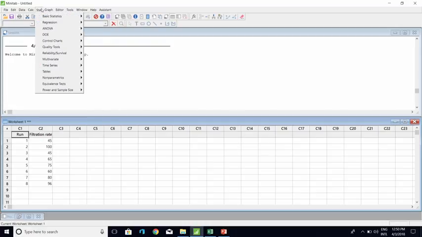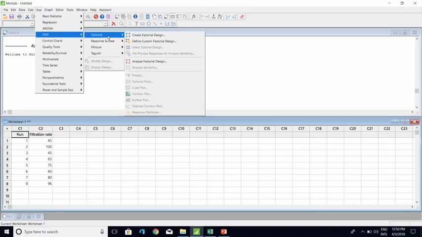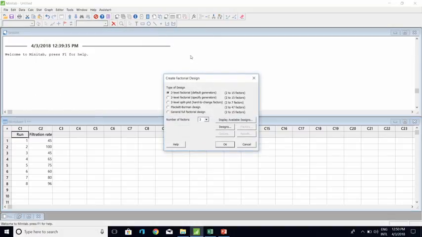After that, click the Stat menu. Under the Stat menu the DOE option is there, and under DOE the Factorial option is there, and under Factorial the Create Factorial Design option is available. After clicking it,